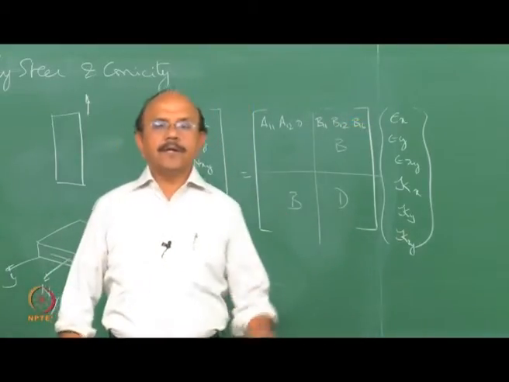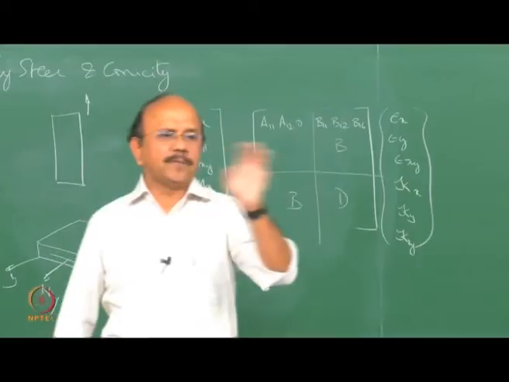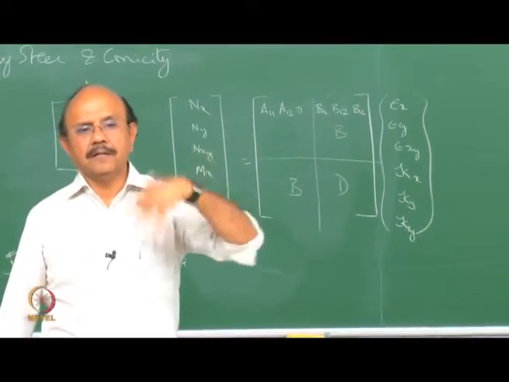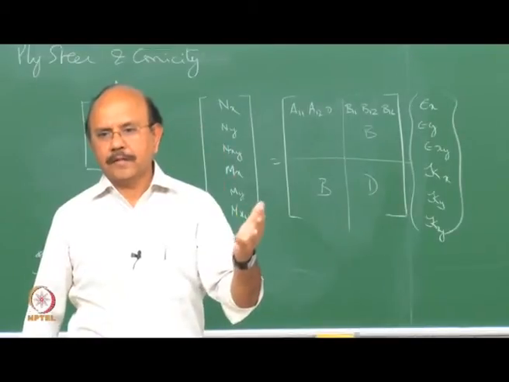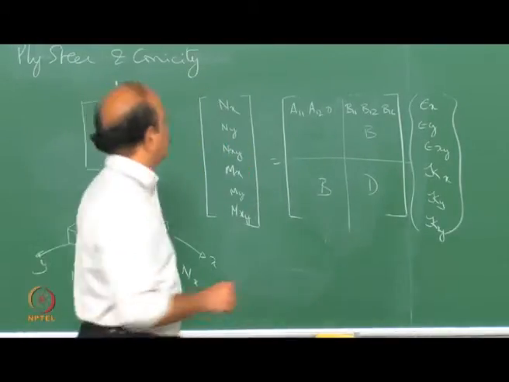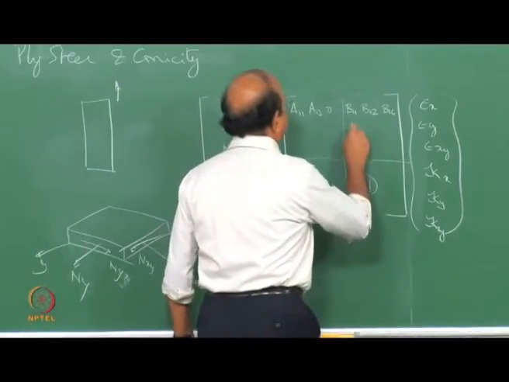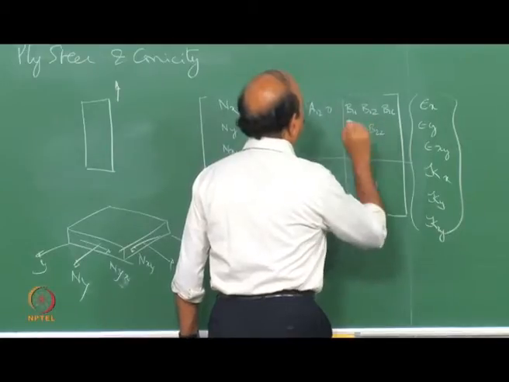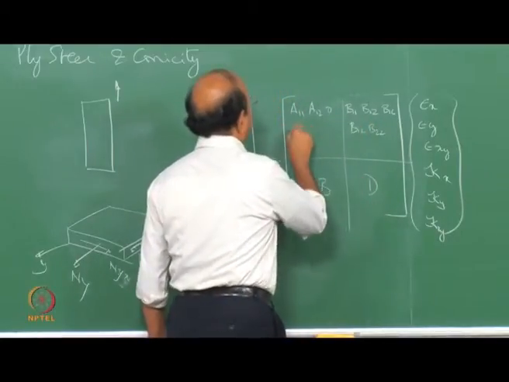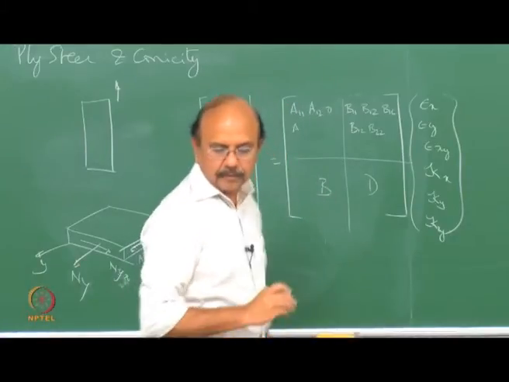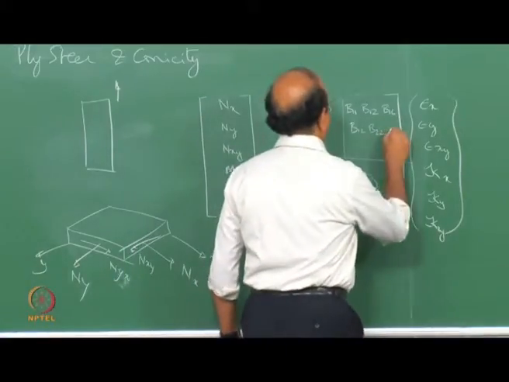B16. Okay. So these are terms which depend upon the material values, E values, and so on. Let's not worry about what it is. That's not our intention. So you can go on like that: B12, B22, and A. So this is a way of, the numbers are important. So we'll write this as B26,